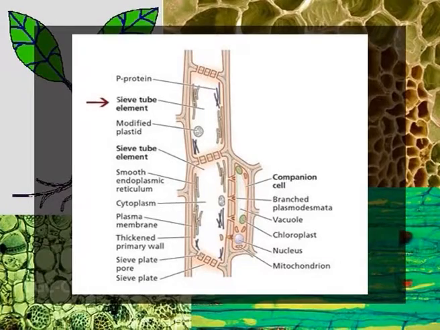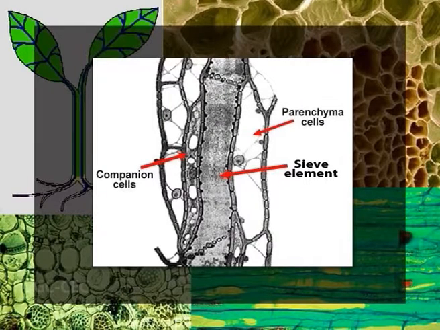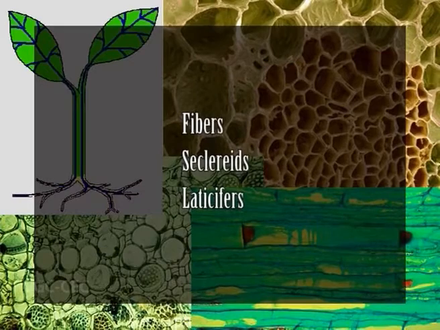The conducting cells called sieve elements are highly modified to create a low resistance pathway composed of contiguous living cells whose long-term viability is maintained through an intimate association with companion cells. In addition to sieve elements, the phloem tissue contains companion cells and parenchyma cells. In some cases, phloem tissue also includes fibers, sclerids, and laticifers.